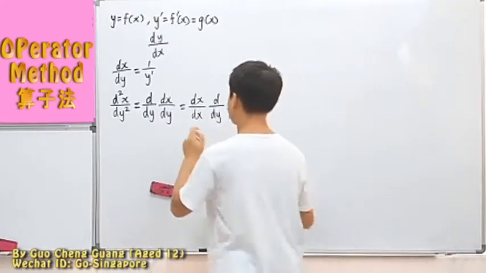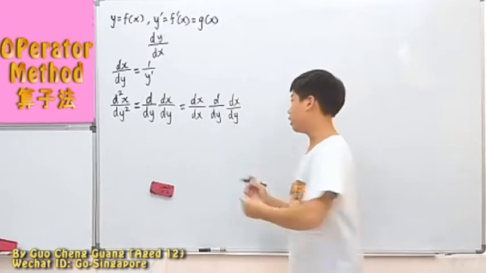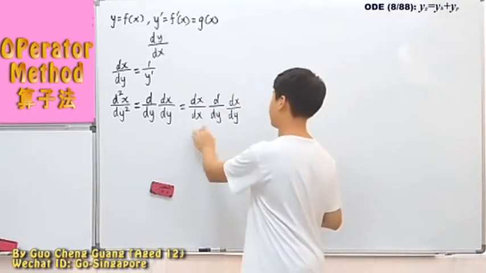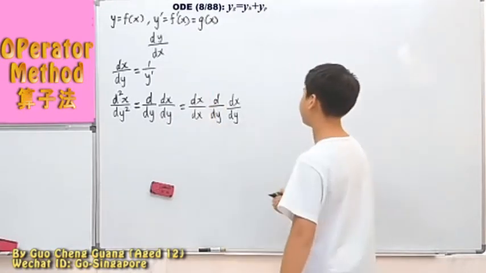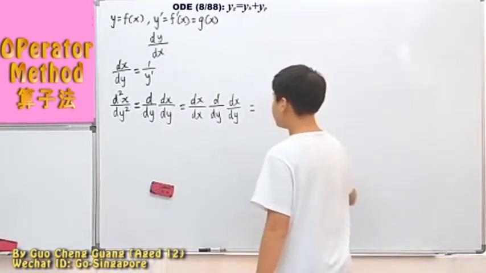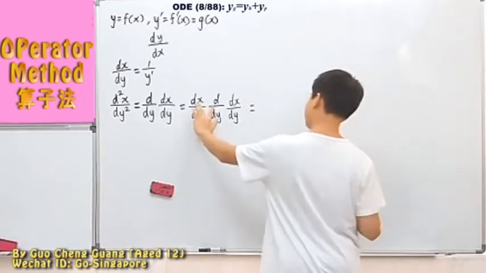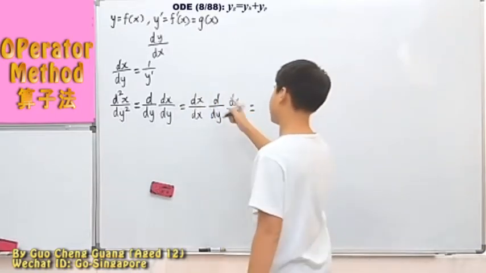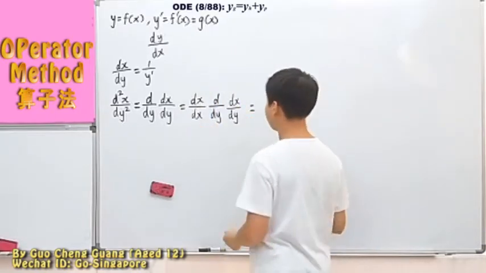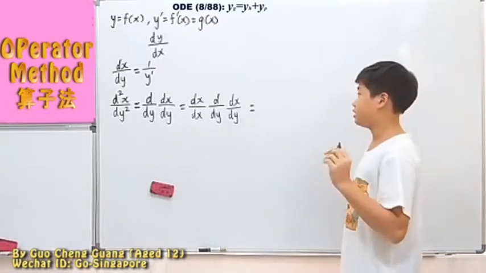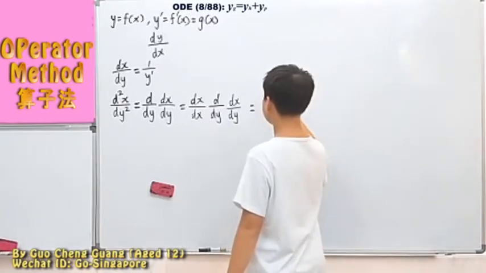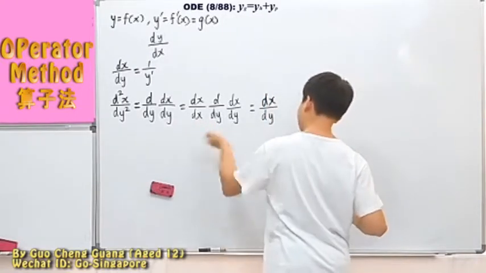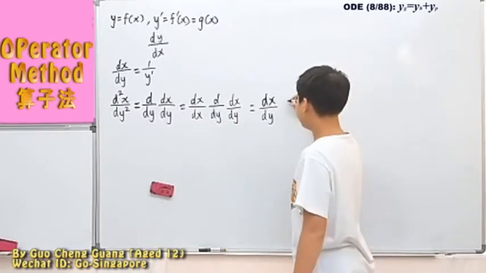So that means we can change the order, since it's not one differentiation of the other. So these two can change positions. If we change these two, well, that means it is this part you differentiate here, because it's here with the d. But what if we just change these two? Which actually is something similar to that. So what you get is dx/dy. Since you change these two parts, then you have